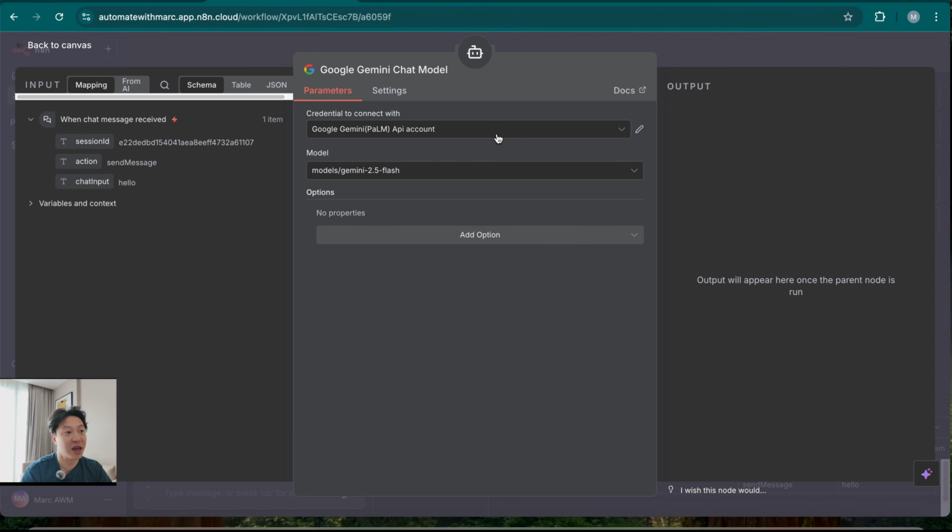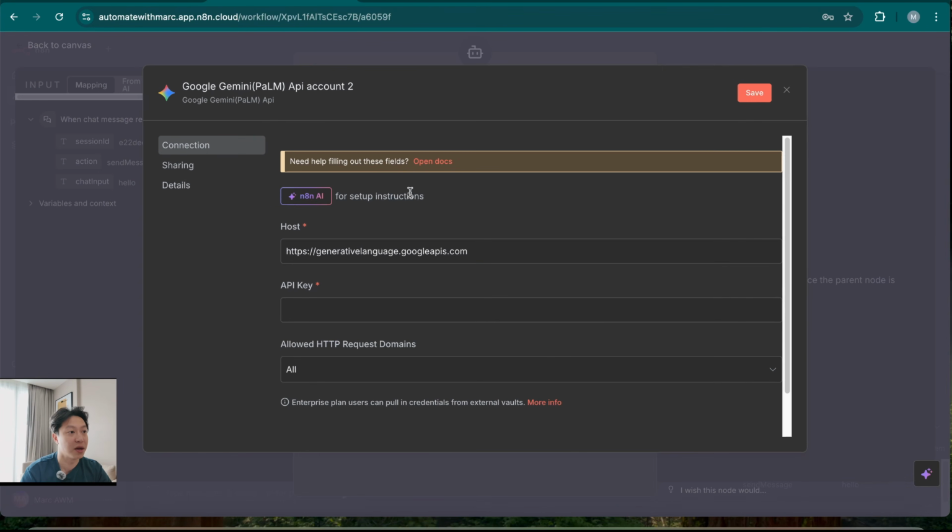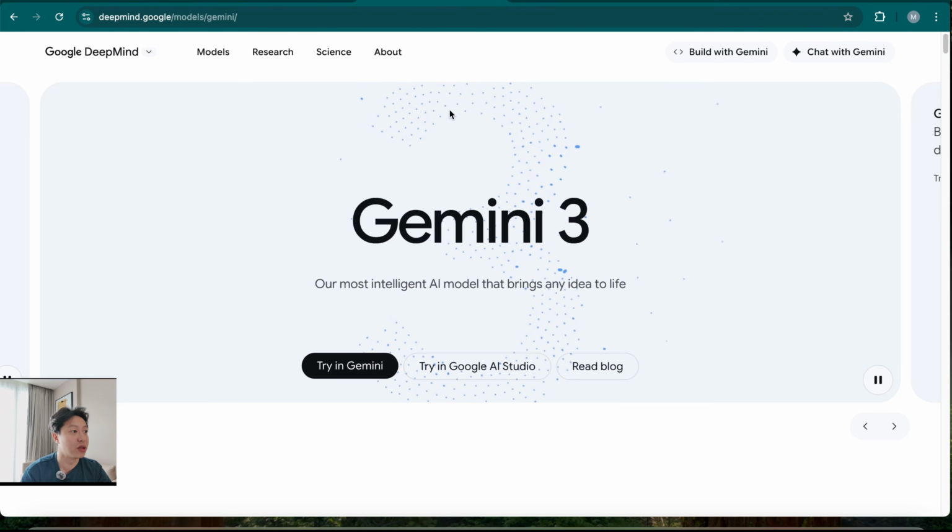So here I already have an account set up, but if you're brand new, you're not going to have the account connected with Google Gemini. I'm going to show you just how easy that can be done. You're going to hit create new credential right here, and this is going to pop up. And similar to all the other LLMs that you may have experience with, you need an API key to get access to that. So the way to get the API key is to go to Gemini 3,